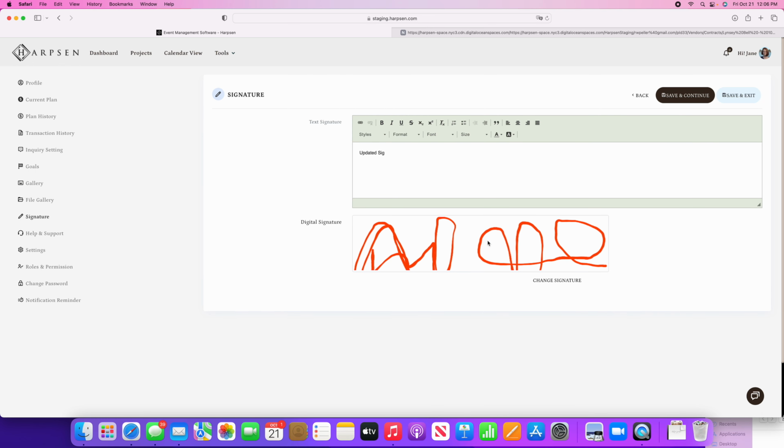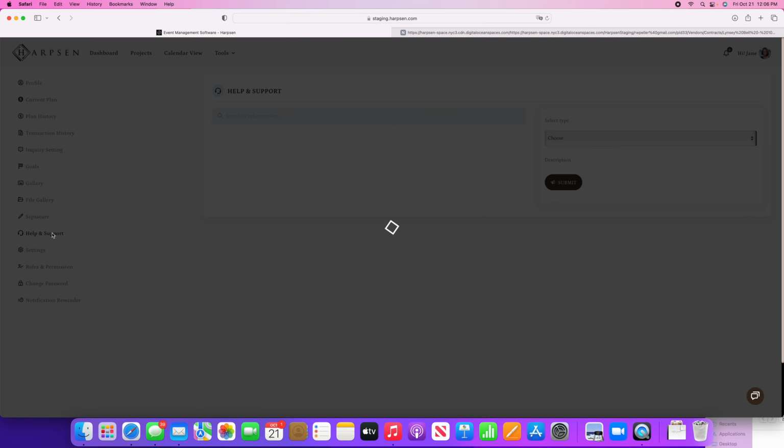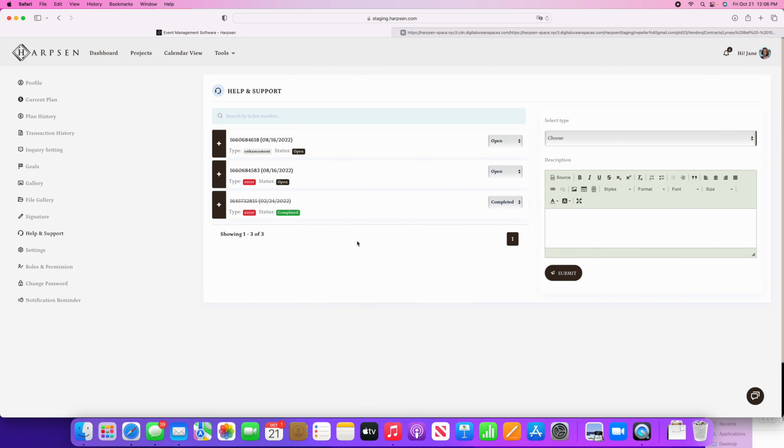Your signature, so any signature that you have, that would be so that you can just click of a button, add that signature to a contract, and it's all right there. Help and support is right here. So if you'd like to, you can submit a ticket, and we get right back to you if there's any